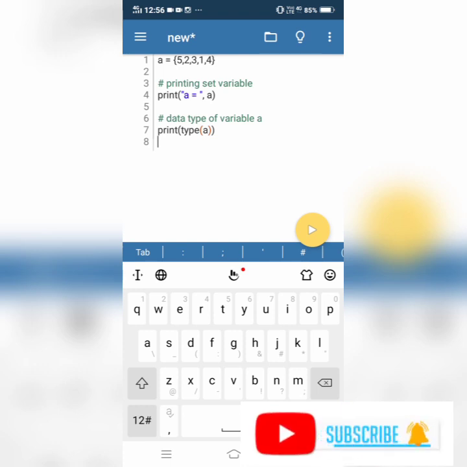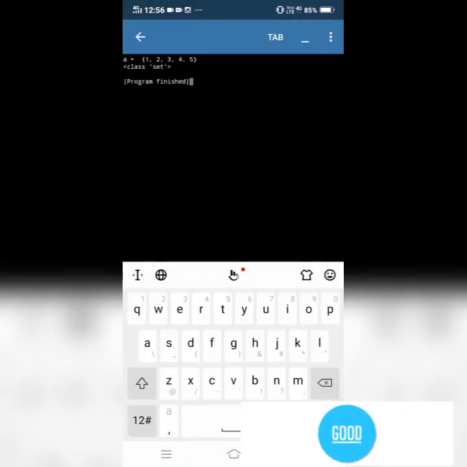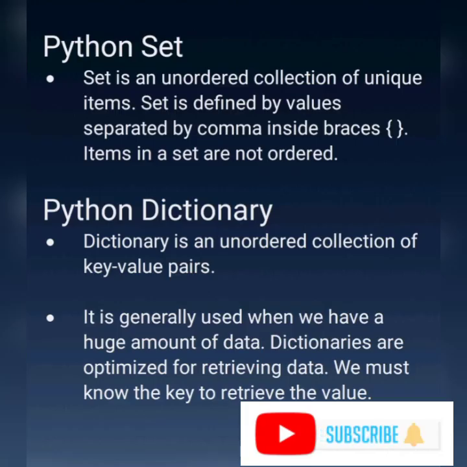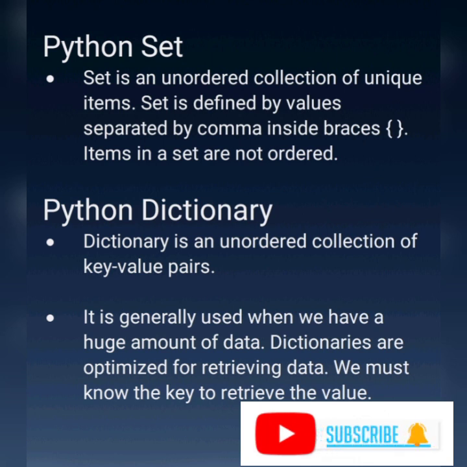And next, Python dictionaries. A dictionary is an unordered collection of key-value pairs, and it is generally used when we have a huge amount of data. Dictionaries are optimized for retrieving data, and we must know the key to retrieve the values.